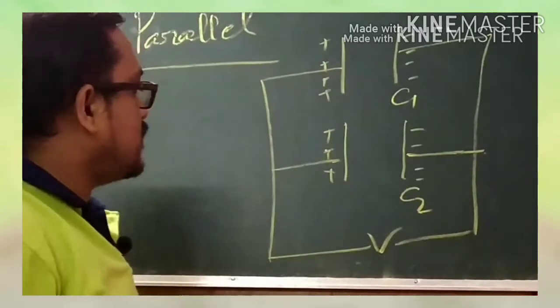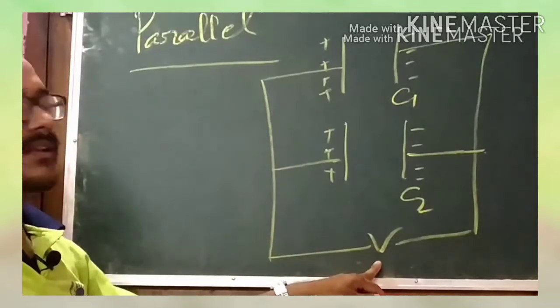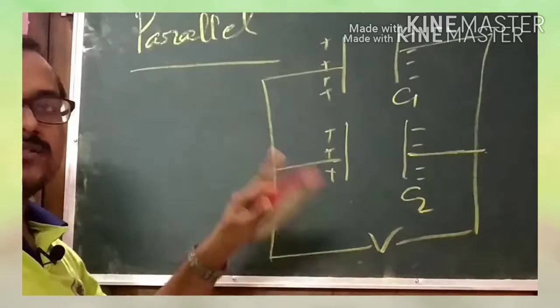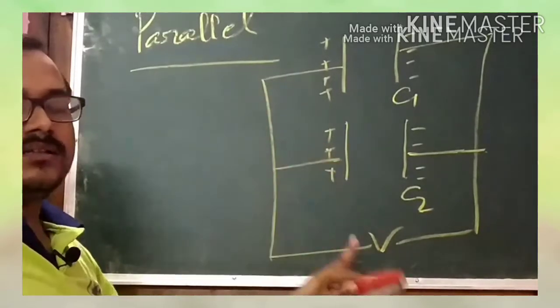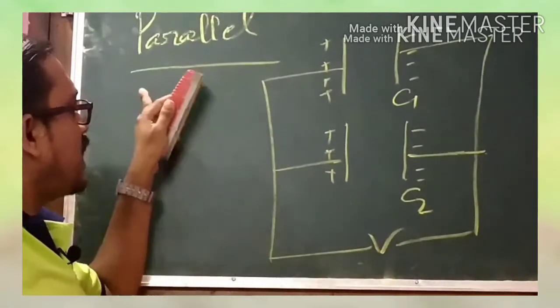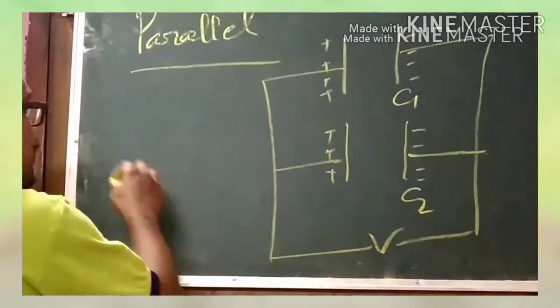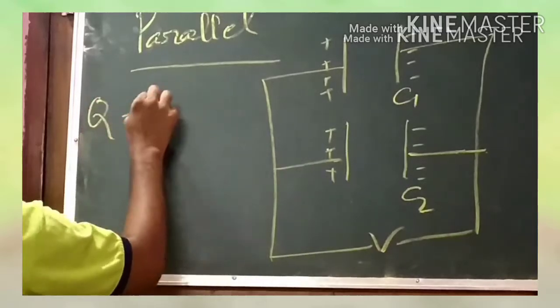In parallel combination, as the capacitors are connected to the same potential, the potential is constant but the charge is variable. In series combination, the charge is constant and the potential is variable, and in parallel combination, the potential is constant and the charge is variable. So now this Q will be equal to Q1 plus Q2,